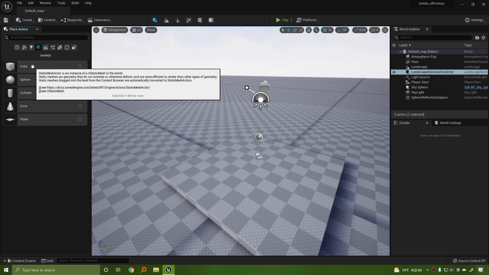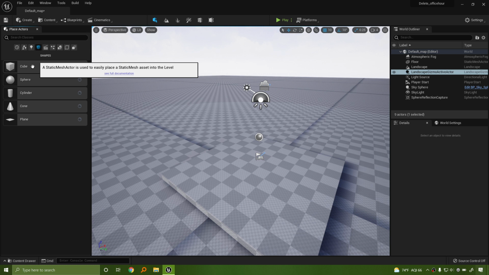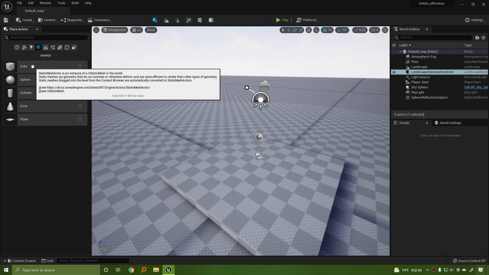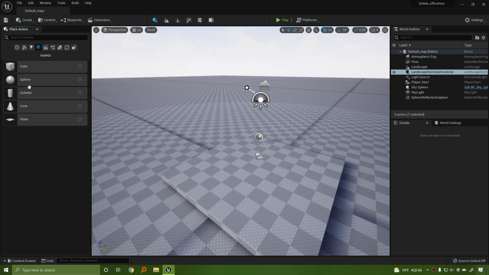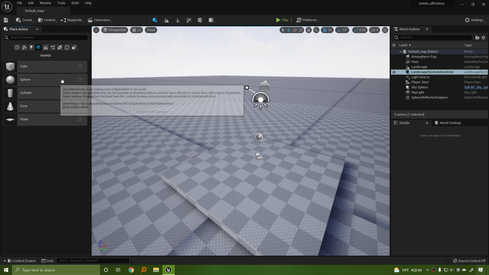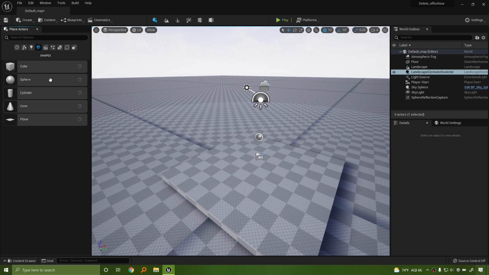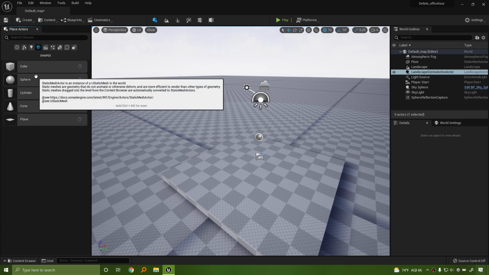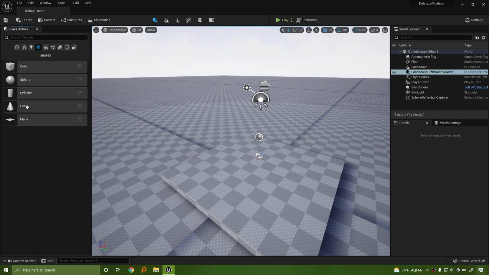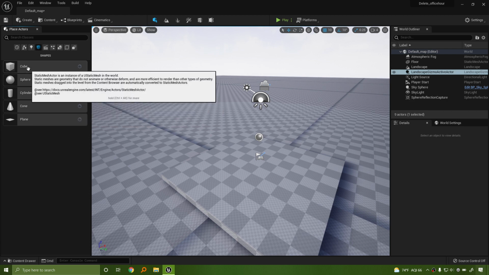If you hold Control and Alt while you're highlighting over these things, it'll open up the documentation. But essentially, a static mesh in UE4 or UE5 is an object that at one point started its life as polygons. These cannot, without the right tools, and this tool isn't loaded by default, I'll show that in a future demo, you can't really edit these. These are simple placeholders, and they allow you some modification if you turn on the plugin.